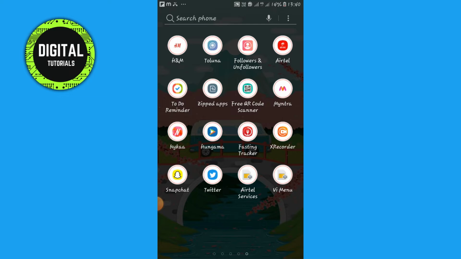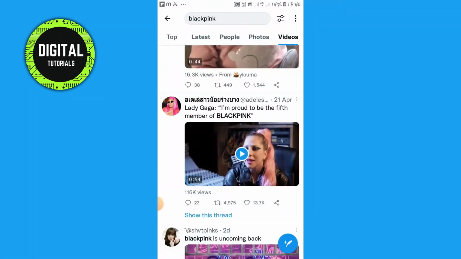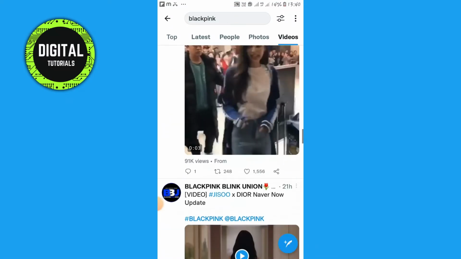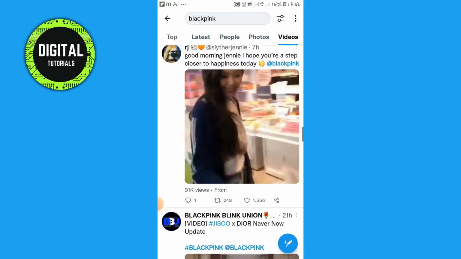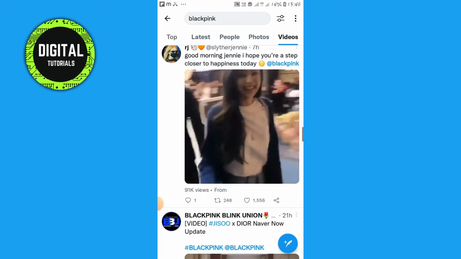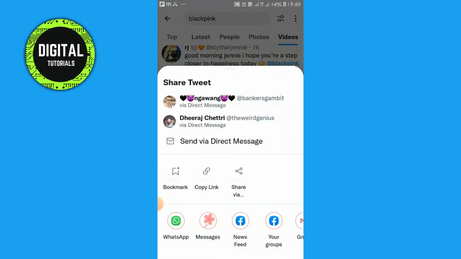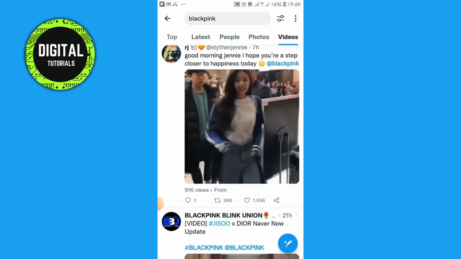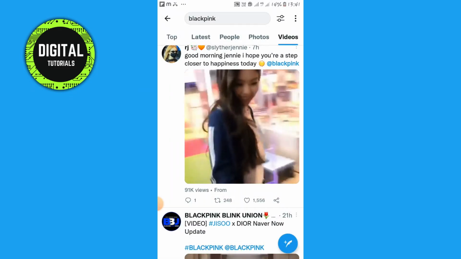First, tap on the Twitter app and now choose a video that you like to share. For example, I like this video, so I'm gonna quickly tap on this share button right here, tap on copy link. Now we can go back to the feed homepage of the Twitter, or you just can tap here,